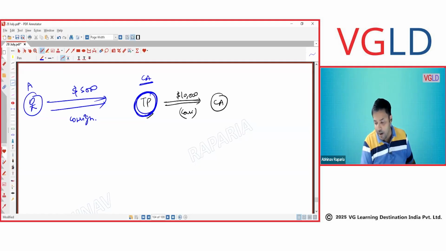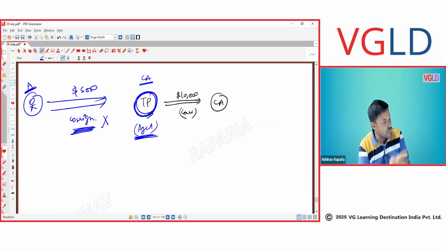A. Because here you are acting like an agent. Now the other person has given you goods on consignment, so you are the agent. If you are an agent, it is not your inventory. Is this clear? It's the reverse of what we have done earlier. So this is not going to be your inventory. This is going to be your inventory. I hope it is okay. Point clear.